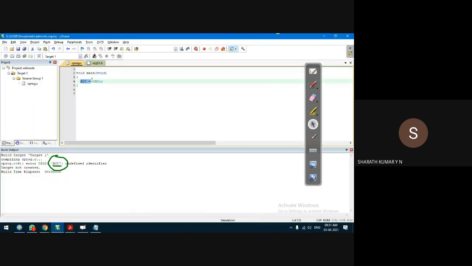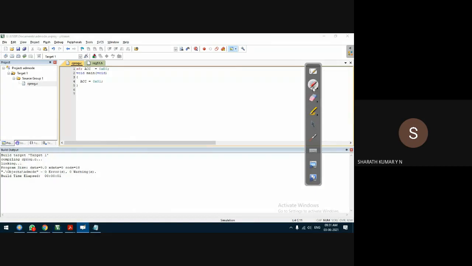Before the usage of a variable, we have to define what it is. SFR ACC = 0xE0. Save the program because we have modified the code. You can use capital X or small x here, that's not a problem. The compiler treats it as a hexadecimal number. Save the source code, right click on the source code, build target. The compiler doesn't generate any error.